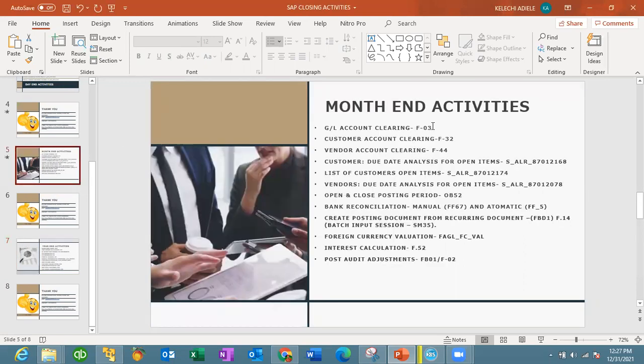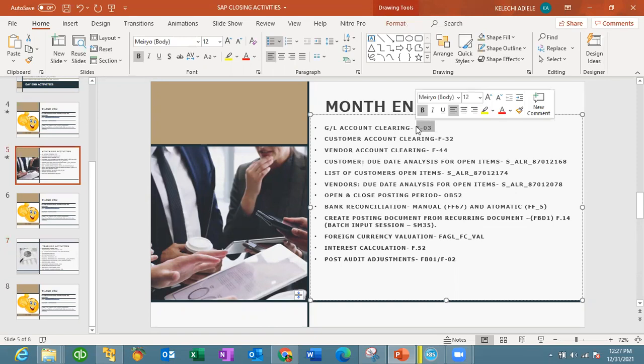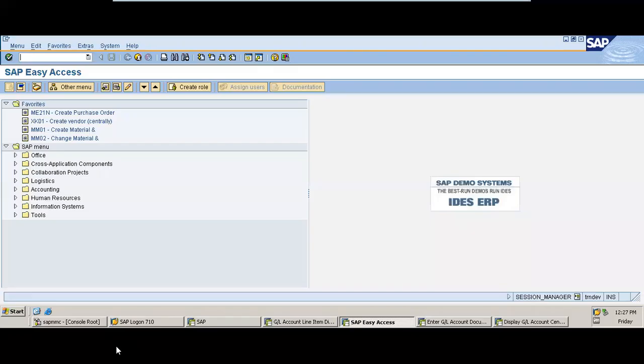For month-end activity, first we're going to be looking at GL account clearing. Now, why do we need to do this? Accounts that have open item management are accounts that you need to clear. The purpose of these accounts is to hold transactions, and at the end of the period, transactions flow into them, but they need to be reconciled. They need to be cleared against